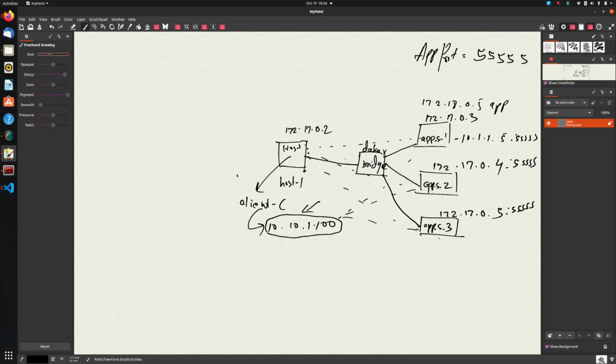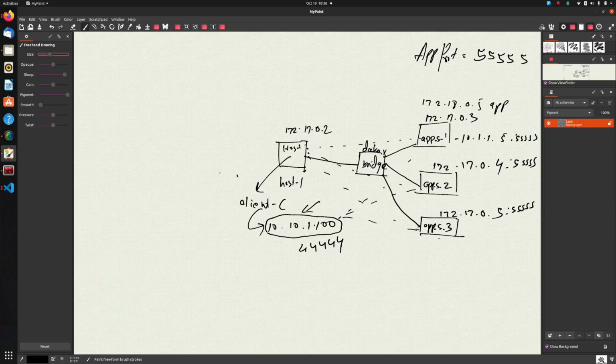But anyways, let's say the imaginary port on the front end server, or rather the imaginary port in our Linux host where we want to connect in order to connect to these services, is something like 44444, right? So basically whenever the client on the host wants to send a request to the application, it needs to make a call to 10.10.1.100:44444, right? That's what we want to do, right?